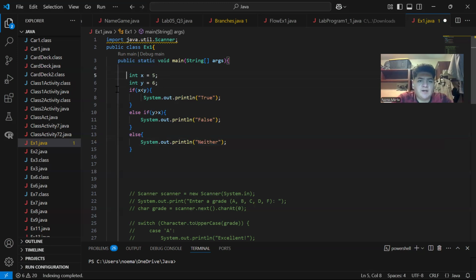Int x is equal to 5, int y is equal to 6. So if x is less than y, system.output true. Else if x is less than 5. So we can check that x is 5 and y is 6. x is less than 6, so this returns true. So if we were to run this code,